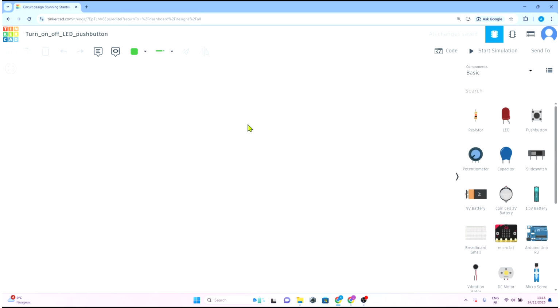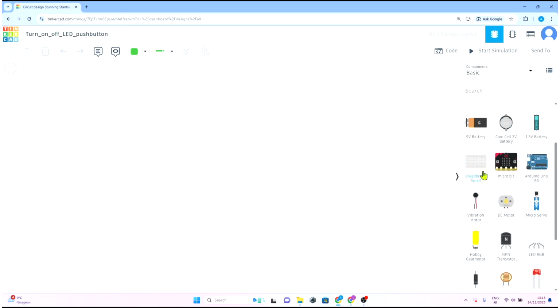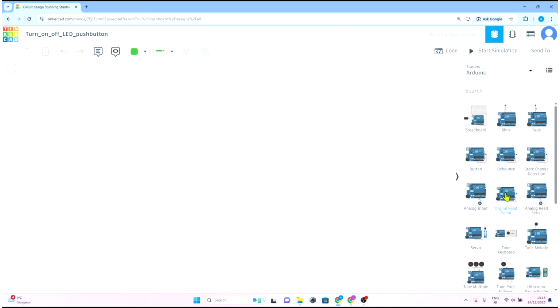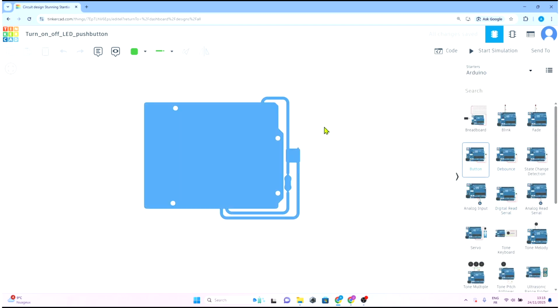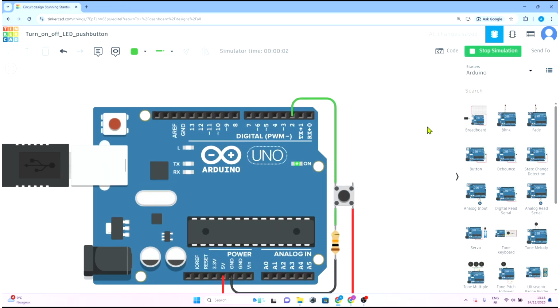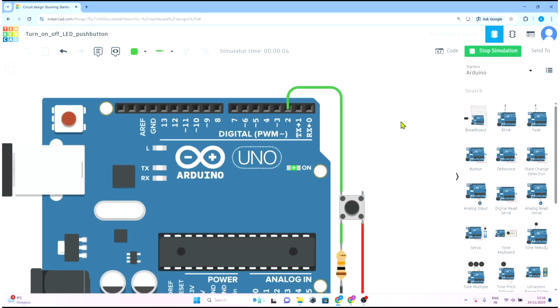First of all, let me show you quickly something. Click on Basic, Arduino, pattern. Click on Start Simulation. I'm going to show you quickly some things. Okay. Let me zoom with my mouse wheel. Well,